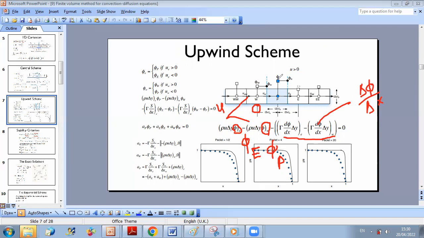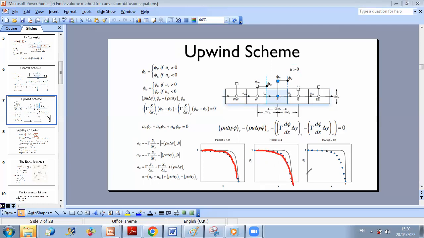And I can test my solution for different values of velocity. I can see that in general, when convection is dominant, the upwind scheme will perform better than the central scheme. As I told you, we'll see this in numerical examples, to see how the upwind scheme sometimes can perform better than the central scheme, and in other cases the central scheme will be better. So it depends on the ratio of convection to diffusion. And we'll define together a dimensionless number called the Peclet number that will help us in knowing